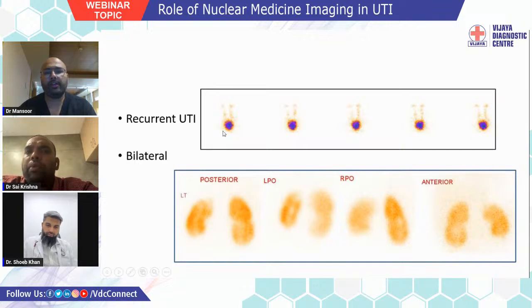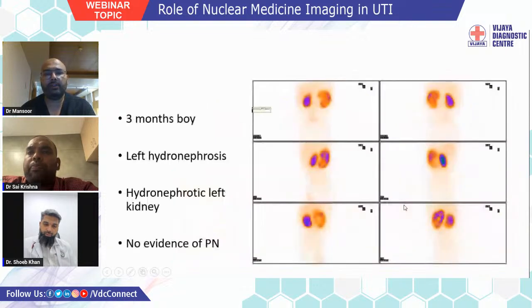And in recurrent UTI with bilateral reflux, you can see that there is central photopenia in both kidneys, suggesting hydronephrosis. And you can see peripheral defects. If the defect is peripheral, we call it a pyelonephritic focus. If it is central, it's more likely due to hydronephrosis. And then you can see that the renal contour is affected on both sides. There's an interpolar cortical defect here, and a lower pole defect. So this is the right kidney, and it is relatively enlarged compared to the left kidney. This is a case of bilateral pyelonephritis.